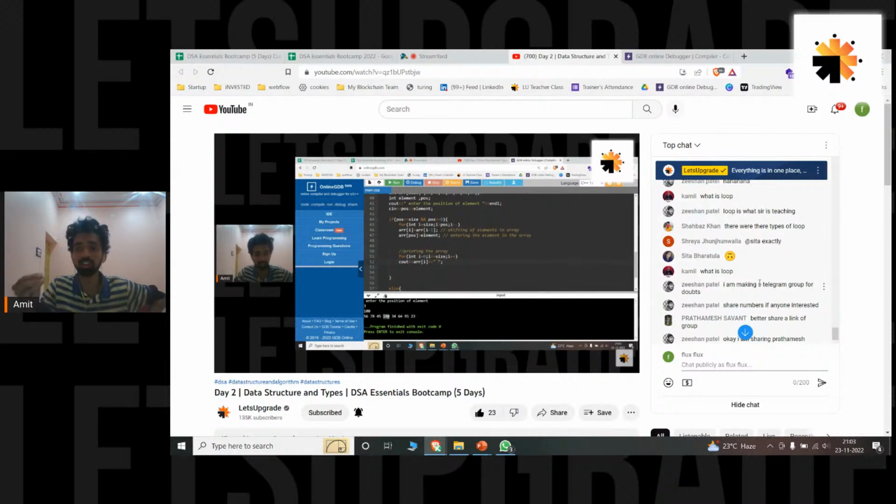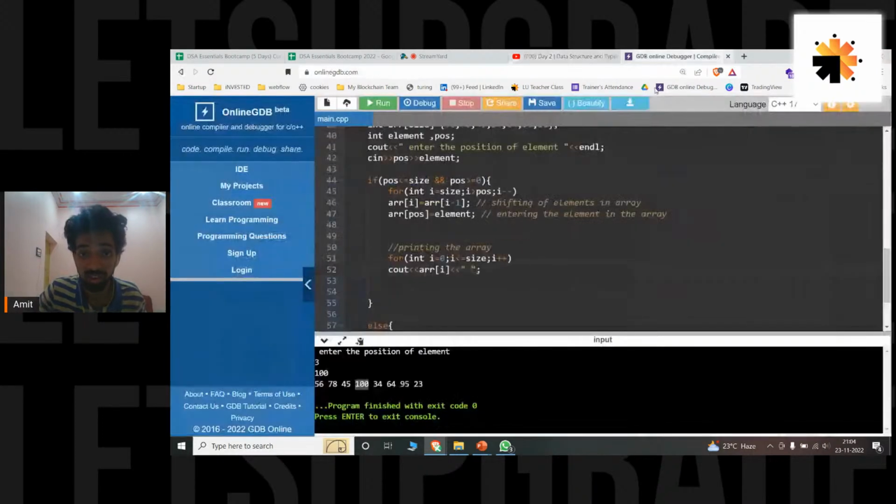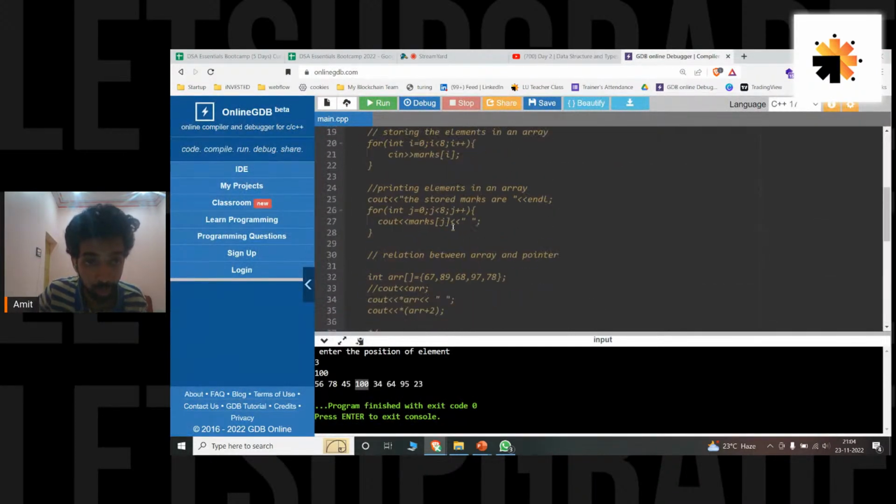So loop is basically to do things again and again, and you don't have to write or print out multiple times. I've explained that here. So loop is, suppose,